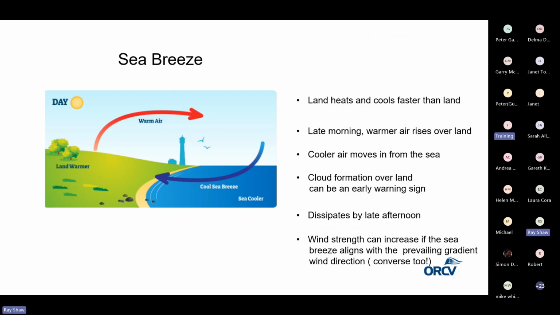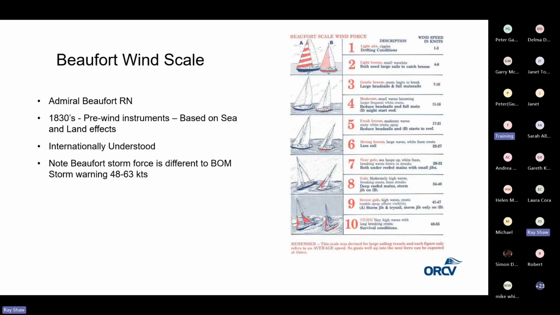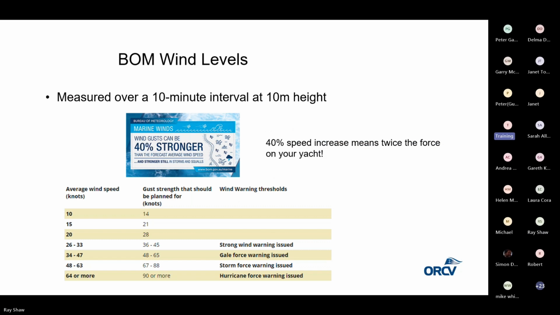Can you go back to the BOM scale, Ray? Sure. And just to fill in the gusts there, because I don't think you mentioned those, and that's quite strong, the gusts in a strong wind warning, for example. Yeah, so if you see 45 knots, that was scary. Yeah. So if you see a strong wind warning, which is 26